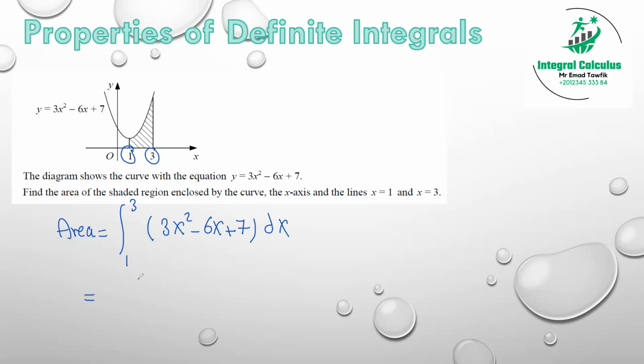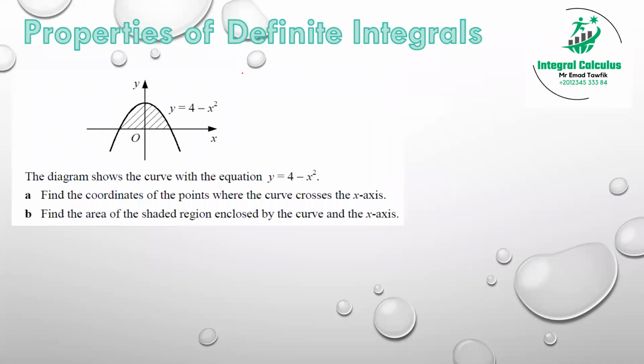Just make your normal integration, 3x squared. It's supposed to be 3x to the power of 3 over 3. And then minus 6x to the power of 2 over 2. And then plus 7, so it's supposed to be 7x. And then you have to make a substitution by 3 minus the substitution by 1. And you will get your answer for that. For the next point, if I ask you here to get the area of the shaded region enclosed by the curve,